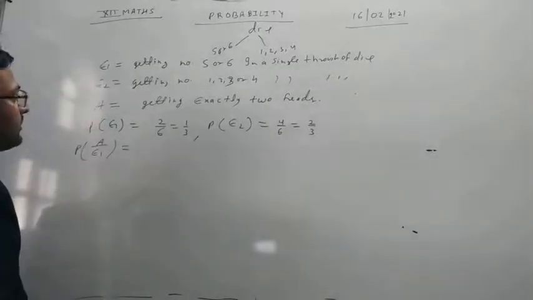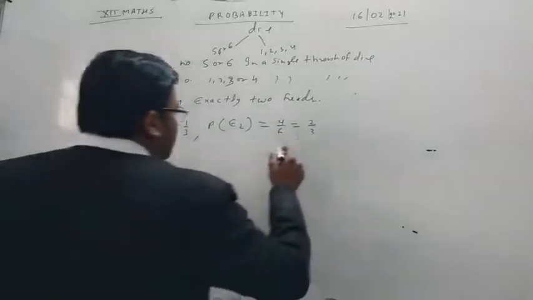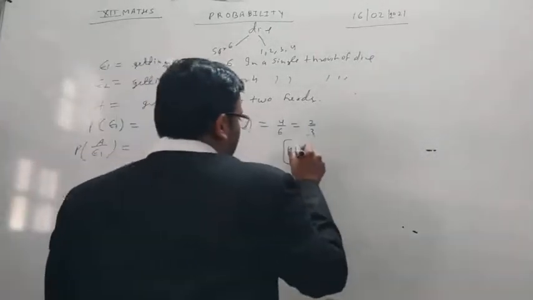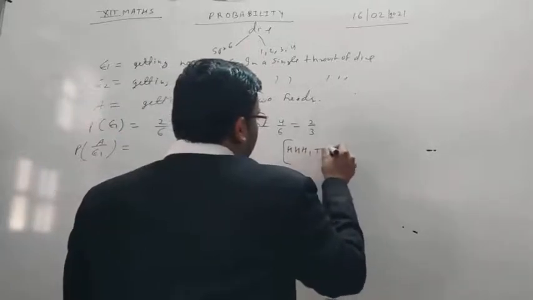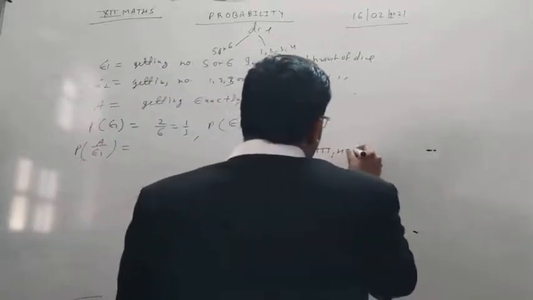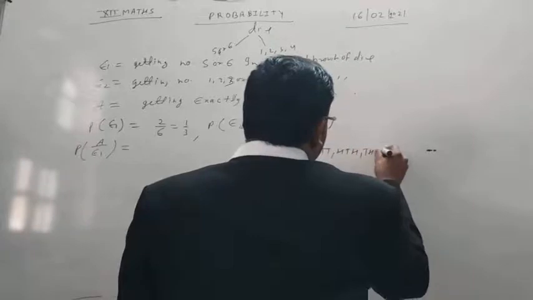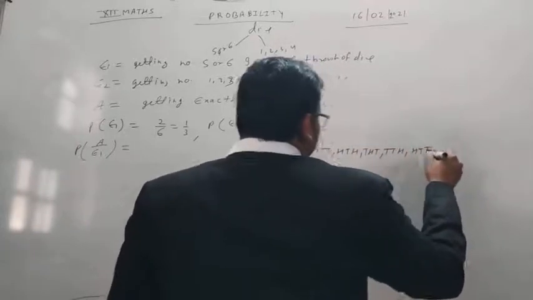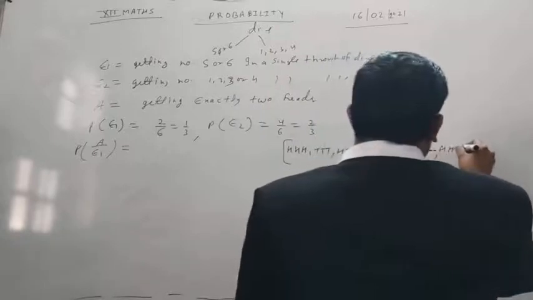In this case, she is throwing 3 coins. So you write HHH, TTT, HTH, THT, HTT, TTH, HHT,